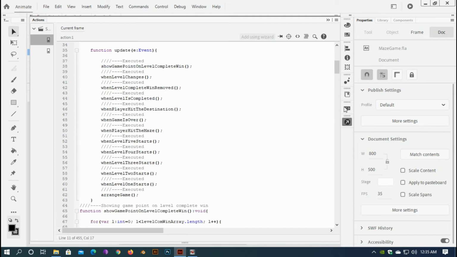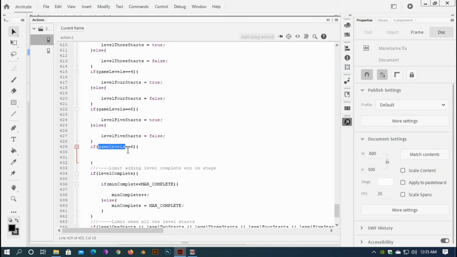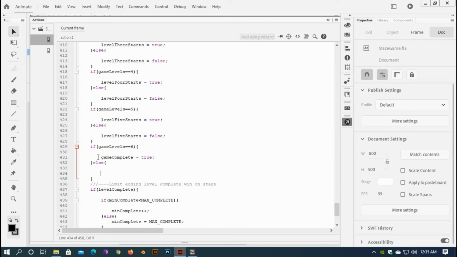and when game levels equal to 6, I want gameComplete equal to true. If I do not type here else, it doesn't matter, I type here else, false. And now